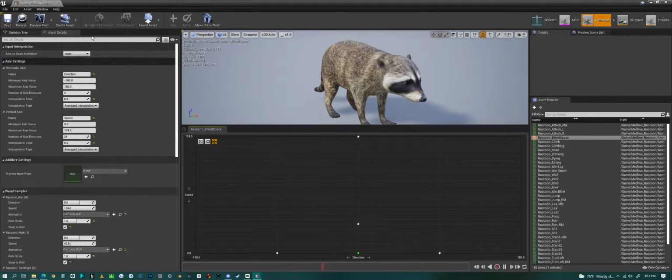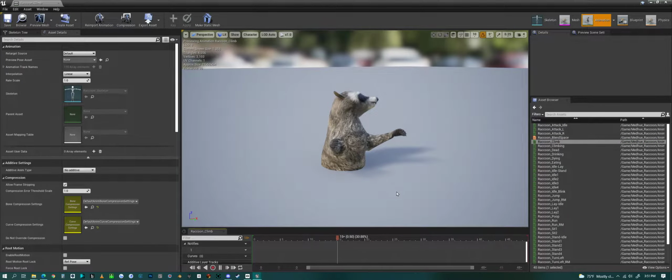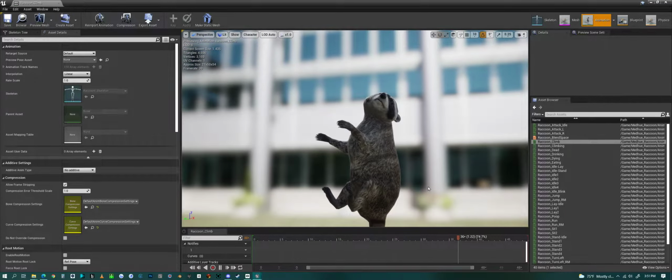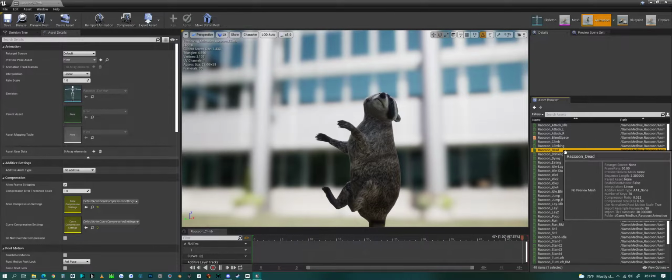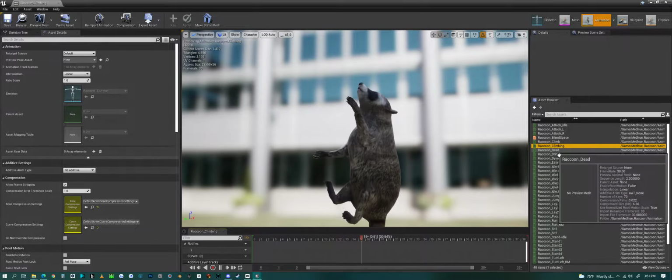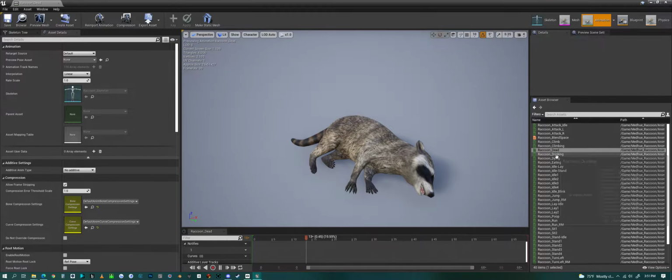That's the blend space for it. And he has an animation if you want to get him to climb up a tree or something like that. So there's an idle climb, and then a climbing animation, and then he has a dead animation,